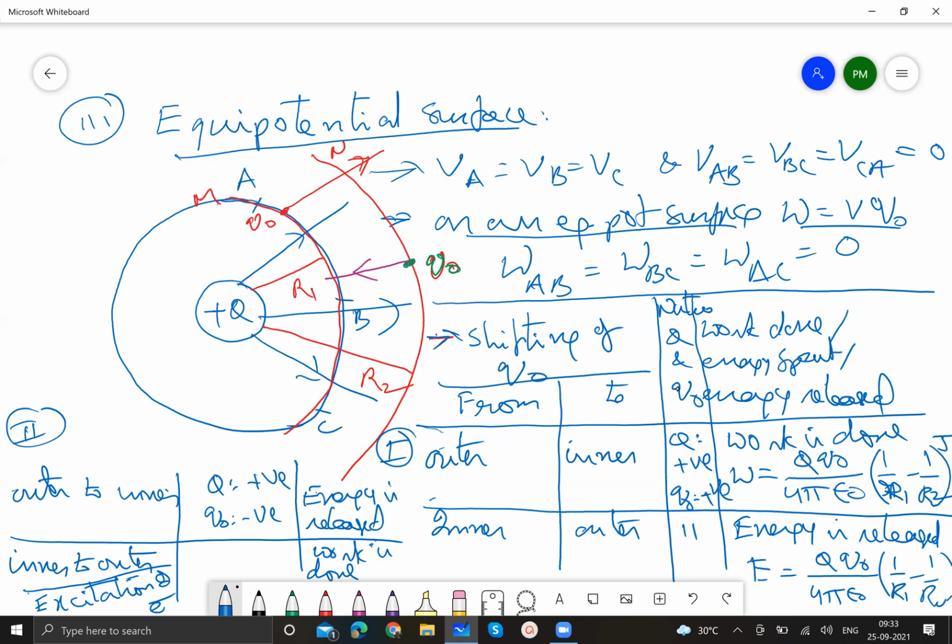So remember, whenever we have a positive charge whose field is considered and a positive test charge is to be pushed from outer surface to inner surface, then work is done. And if the test charge is to be moved from inner to outer, energy is released. Whereas if a positive point charge is considered, and a negative test charge is to be moved from the outer to inner, because the attraction will automatically pull the electron into the inner orbits nearer to the nucleus, therefore energy is released. That's what we got as a spectrum.